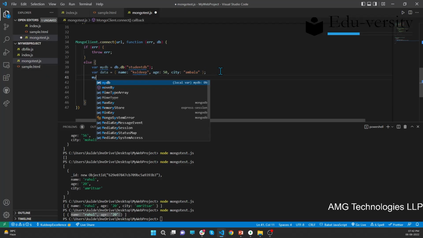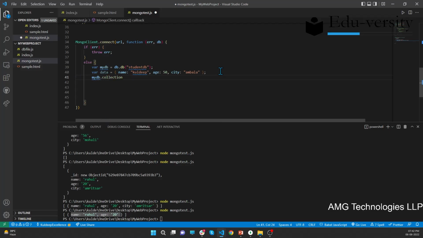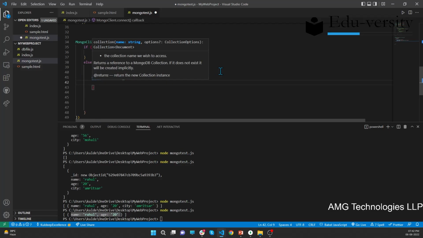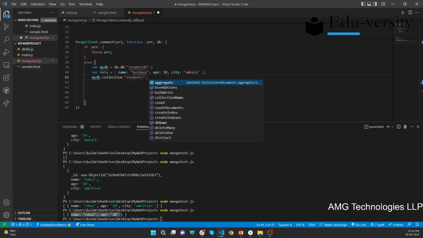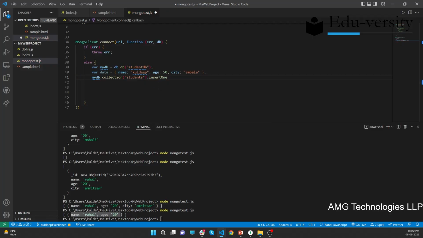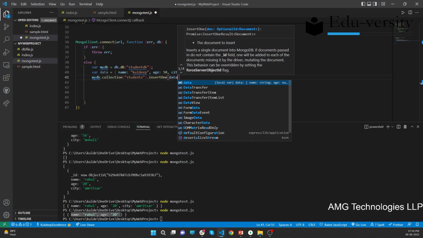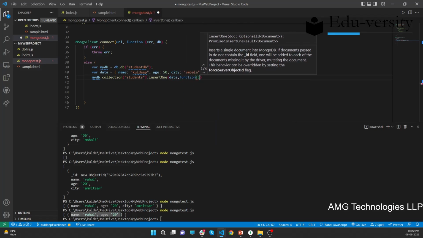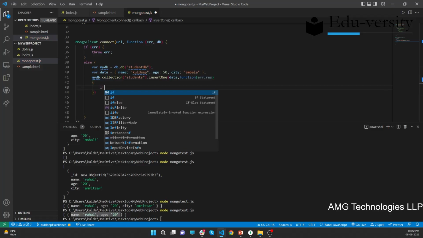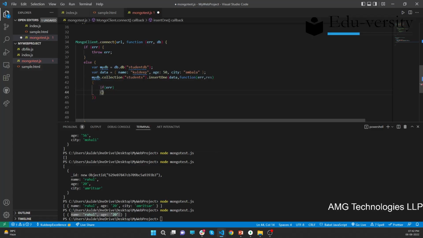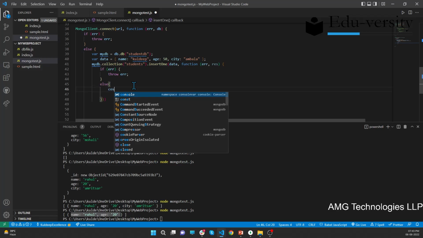So I want to insert this document into MongoDB. For that, I'll write mydb.collection, and we have to put the name of our collection, which is basically students. Now on this students, we have to call .insertOne, and in this insertOne we'll pass the data. After passing the data, we have to add a callback function with error and response. If we get an error, we'll throw the error, and if we get the result, we'll write console.log